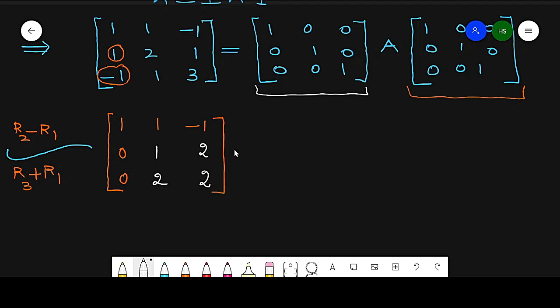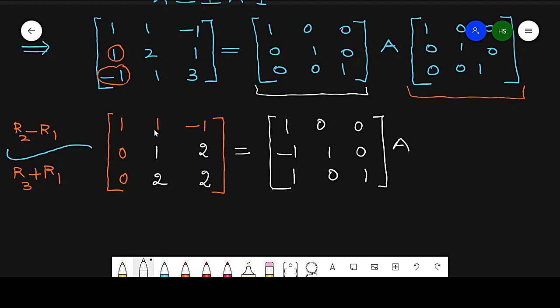Now the row operation will affect this matrix. So I apply this row operation to this matrix. First is 1 0 0, which is the same, and second is subtracting, so minus 1 1 and 0, and third is adding, so 1 0 and 1. So adding R1 to R3 gives 1 0 1, and subtracting R1 from R2 gives minus 1 1 and 0, these values.